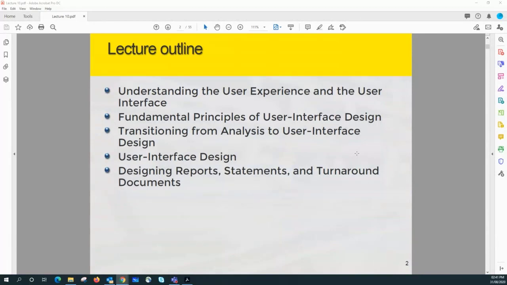So the user interface design actually is one of the activities of the fourth core process. Remember the system development life cycle core processes that we have discussed. It is one of the activities of the fourth core process, system design or design system components core process, if you recall correctly. Now actually designing the user interfaces has characteristics of both analysis activities and also design